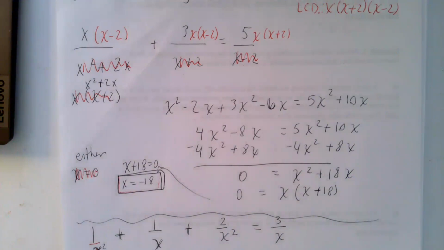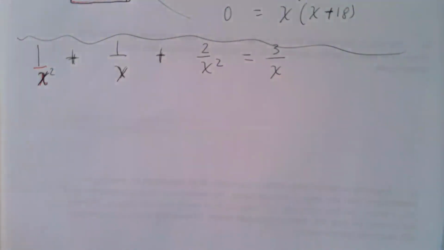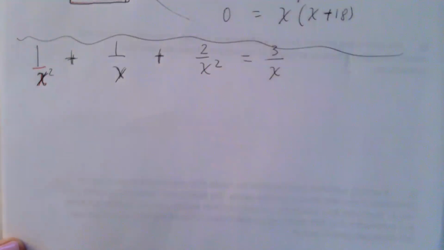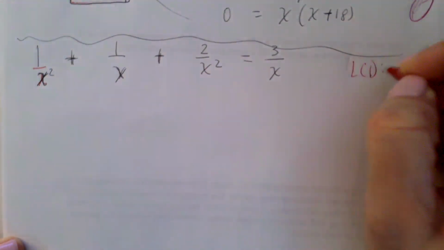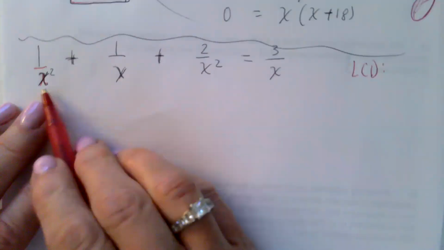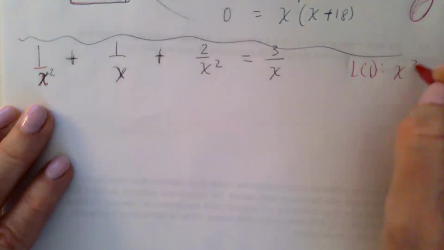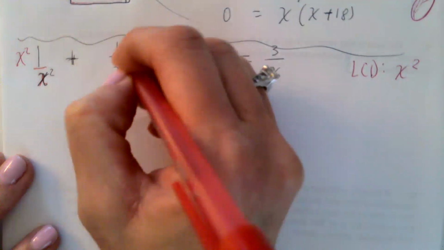Let's look at another one. So again, we're going to multiply through by an LCD that includes each fraction's denominators. So we have x squared, x squared, and x. So x squared should do it. So if we multiply each fraction by x squared,